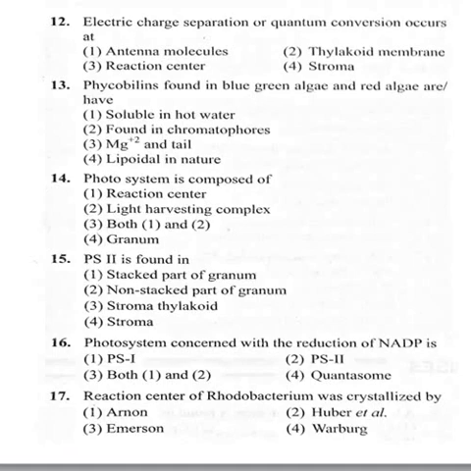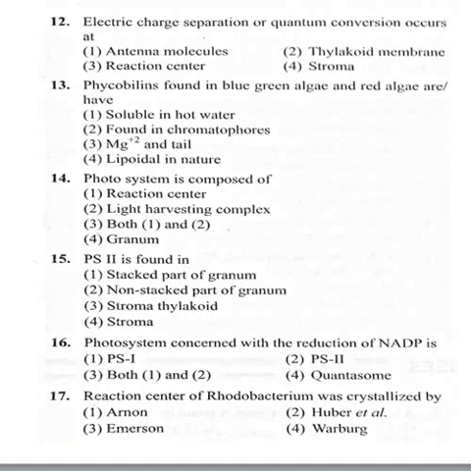So now in the reaction center, what happens? Primary photochemical action occurs here. That is nothing but quantum conversion, that is absorption of photon and release of an electron. So quantum conversion is nothing but absorption of a photon, that is light, and release of electron. That occurs at reaction center. So 12th question, correct option is reaction center. Coming to the 13th question.